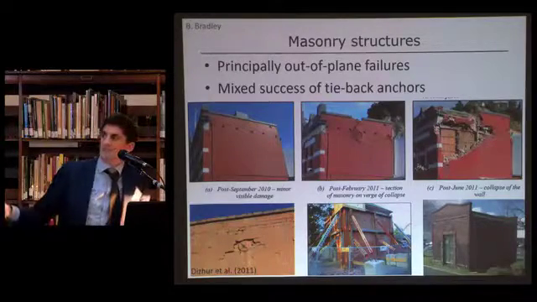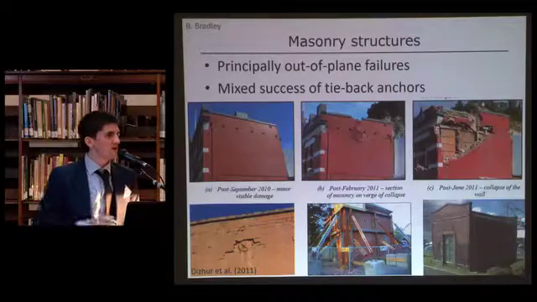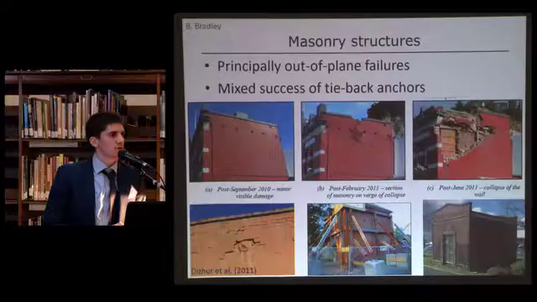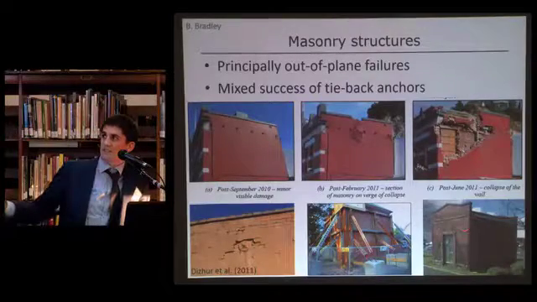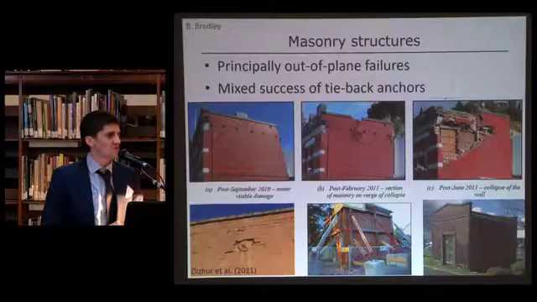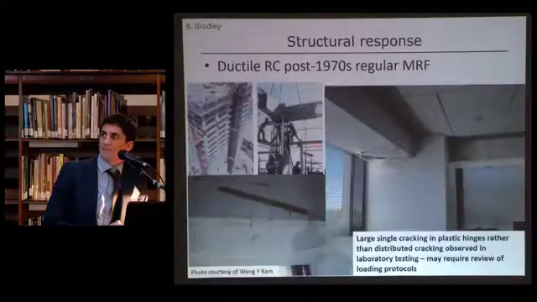However, there are some really simple retrofits. This is just one example of steel bracing around the side of a substation that performed extremely well throughout the city. And these retrofitted substations are really the majority of masonry buildings that are left in Christchurch now. All the rest of them have been demolished.